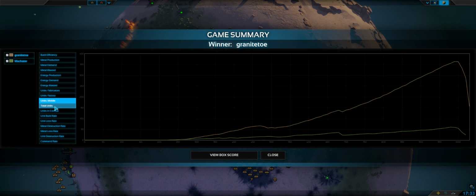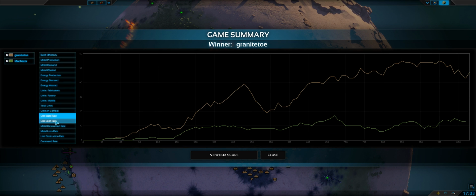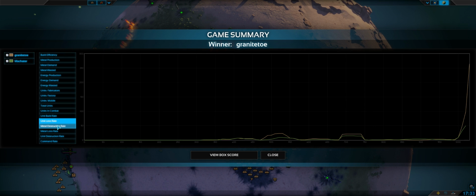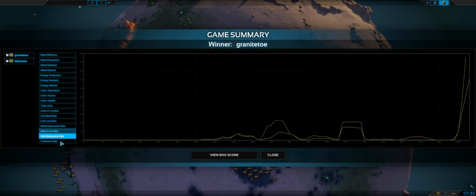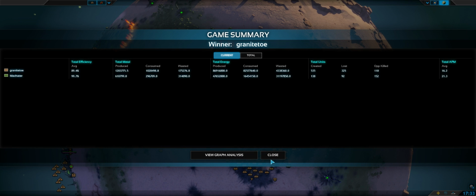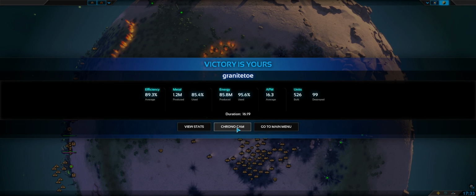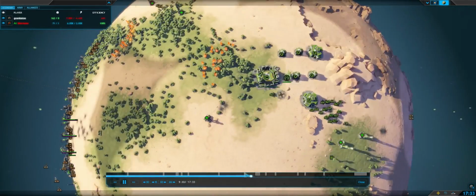It did seem to get off to a very slow start for some reason. Sometimes the AI can get off to a much more rapid start than that. So I pretty much outpaced him the entire time. But I did take some quite heavy losses near the end for some reason, so to find out why that was, we can use the chronocam. And this is an entire recording of the game that can be played back in video format,